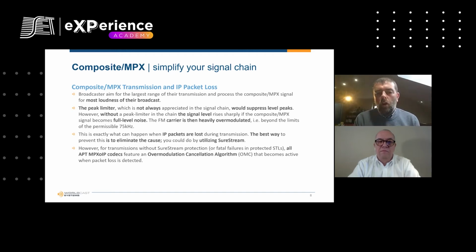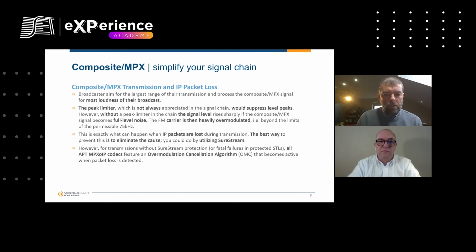So within all of our MPX composite coding schemes, we include, free of charge, the overmodulation cancellation algorithm. This will filter out any overmodulation above and beyond 75 kilohertz, which is very important in some territories of the world, where the regulator will absolutely fine the broadcaster for overmodulating. So the overmodulation cancellation algorithm is a protection against packet loss and overmodulation due to that on all of our